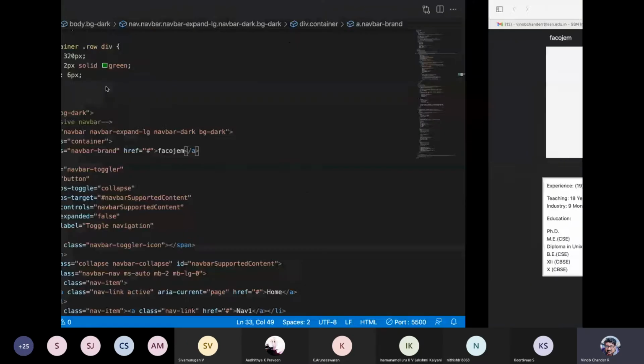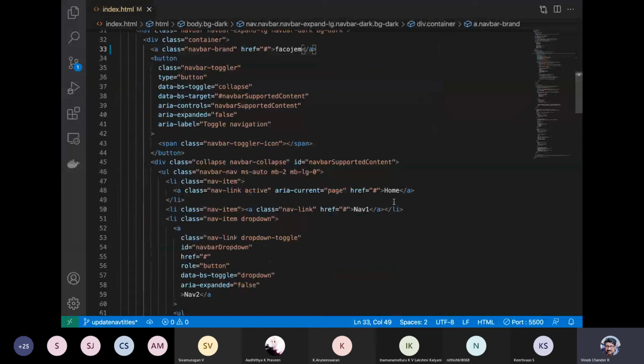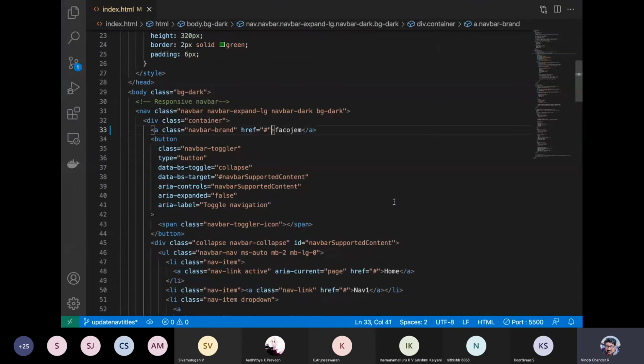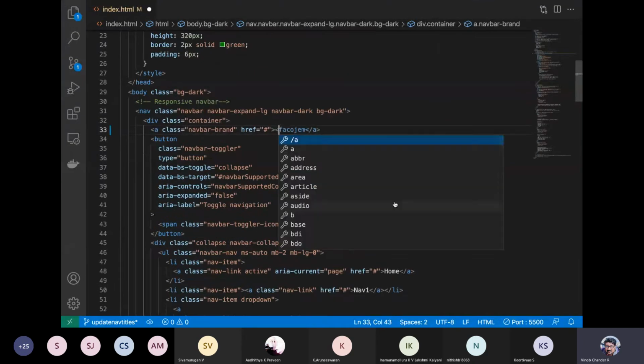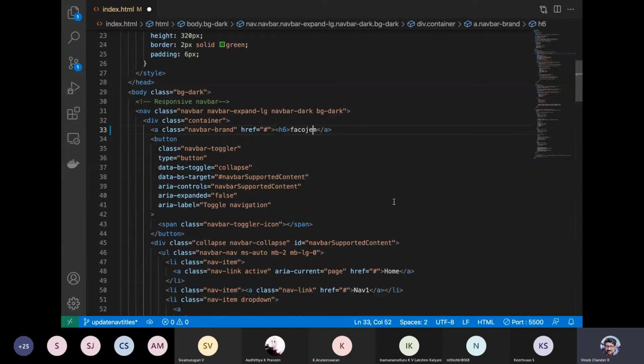Let me also do some more change. Let me put this within the anchor as an h6, probably. I don't want it very big, but I want it as a heading, so let me make use of h6 and see how it looks.